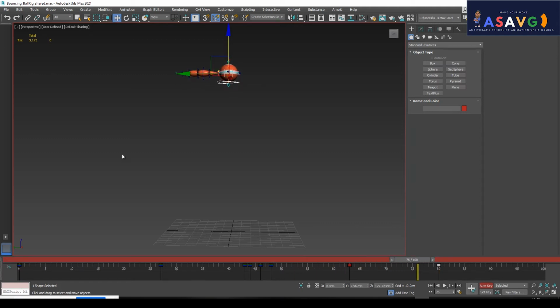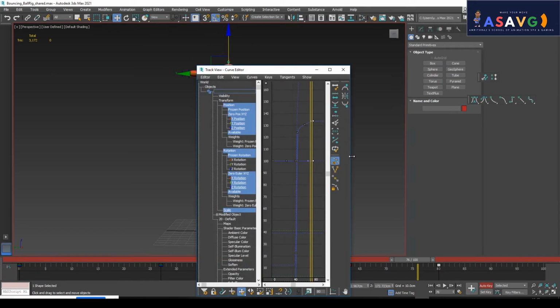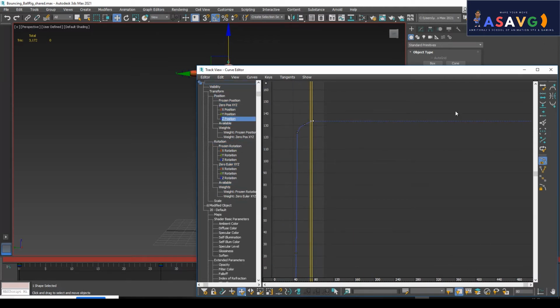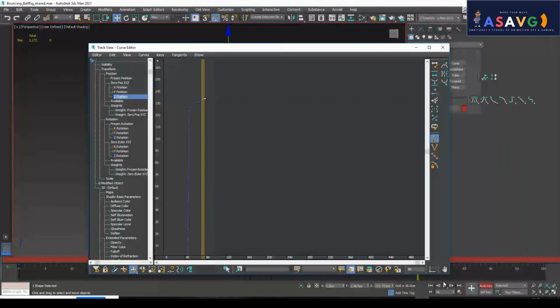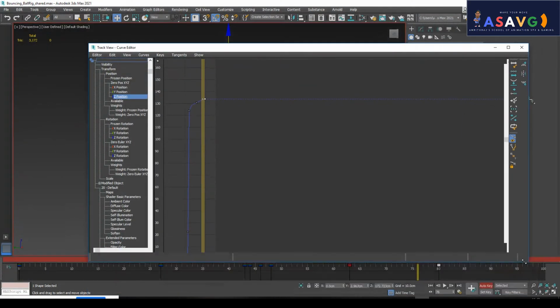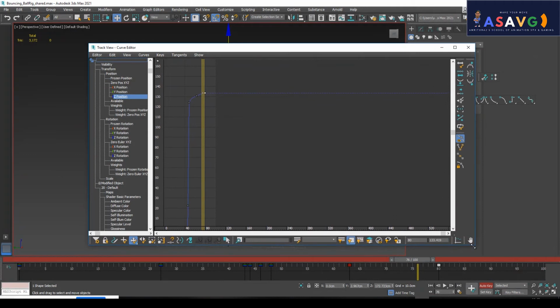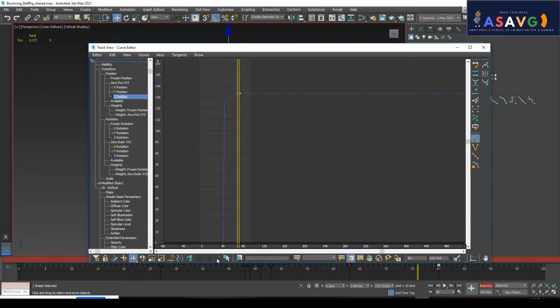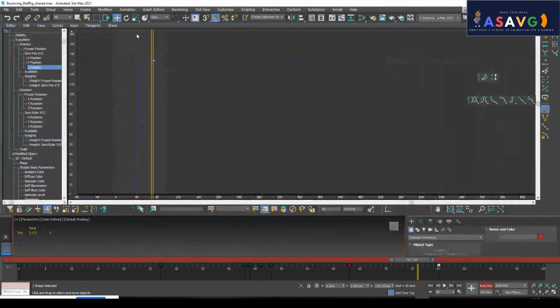So now we'll be going to the graph editor, curve editor. Now selecting that graph, it is on the Z axis. So this is the graph. So I'll be just scrolling over here.